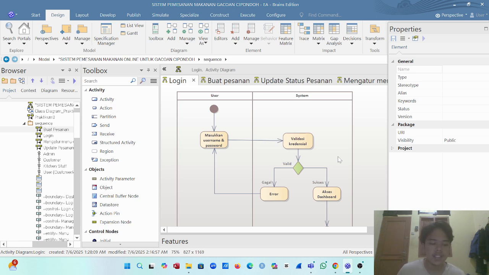First is the activity diagram explanation. There are four activity diagrams that together describe the complete flow of the online ordering system. 1. Login activity. This diagram shows how users access the system by entering a username and password.